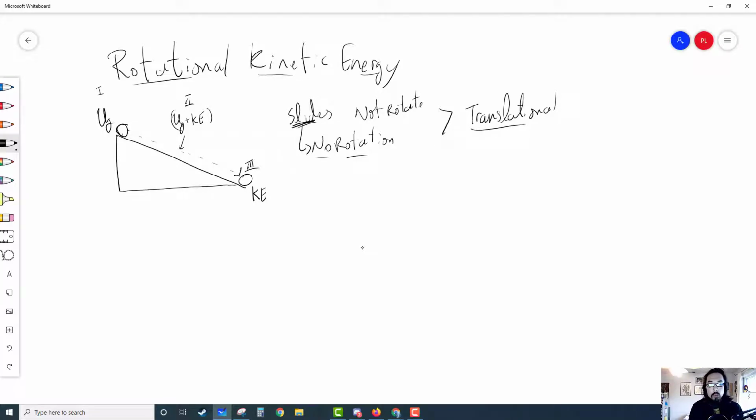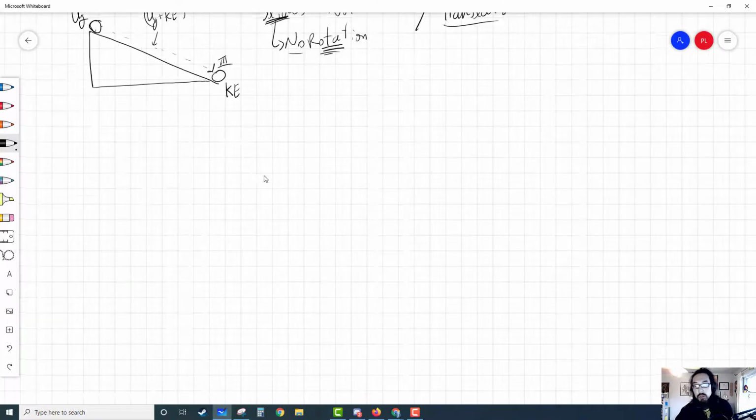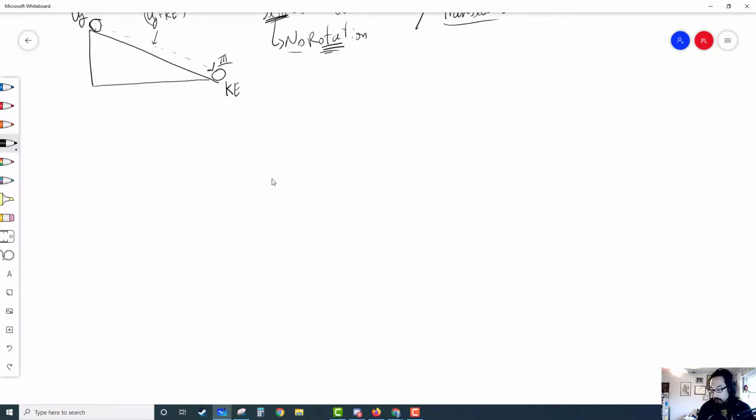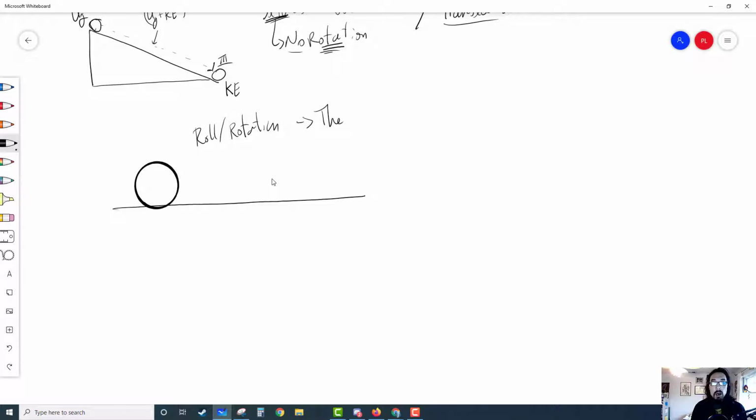So I want to focus back on this word slides again and this idea of rotation. So what causes an object to rotate? So for that, sketch this down. I'm going to do a zoomed in view of a ball that is on the floor. Okay, so if we have a ball on the floor, let's see if I could draw that circle a little bit better. All right, so if we have a ball on the floor, the reason why this ball might roll or rotate is because there is an outside torque or force which causes